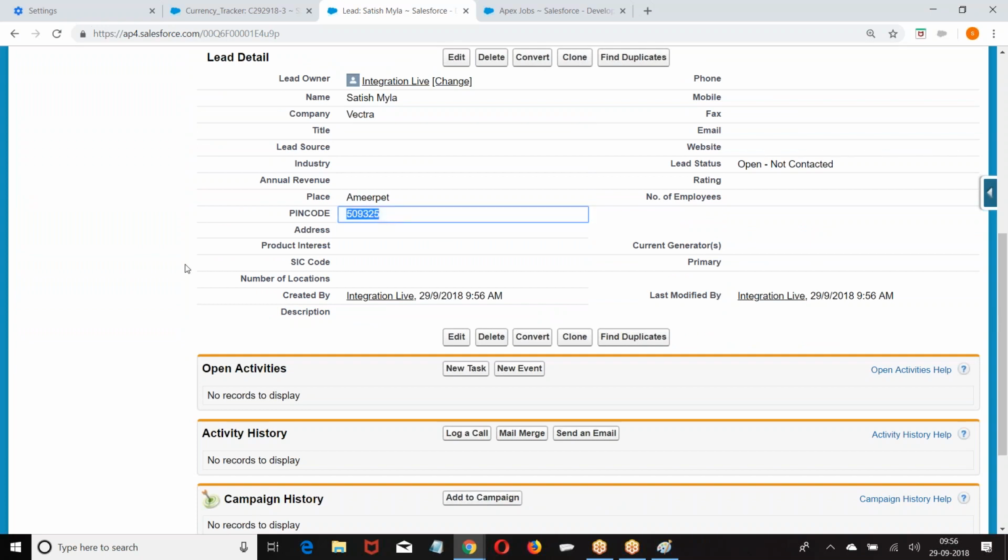So the trigger is running first, then the future is running. Whenever it is completed, the data is getting updated. Because both of them are running independently, there is no delay in the operation. If it is synchronous, until this update is done, I cannot save the record. There is the issue. Triggers are not supporting synchronous web services. Triggers will support only asynchronous web services.